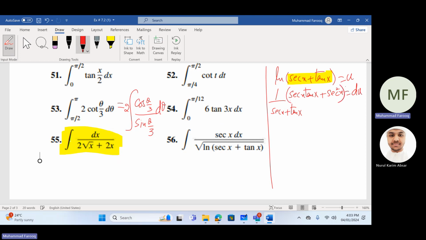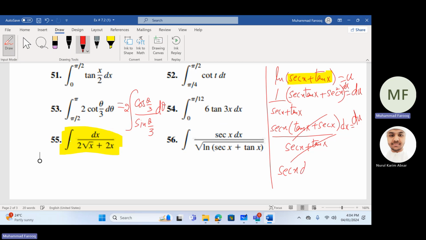Now we will take secant x as a common factor, because in both terms we have secant x. Inside we have tan x plus secant x, over secant x plus tan x, and dx. So you can see this and this are cancelled out. So now finally you have